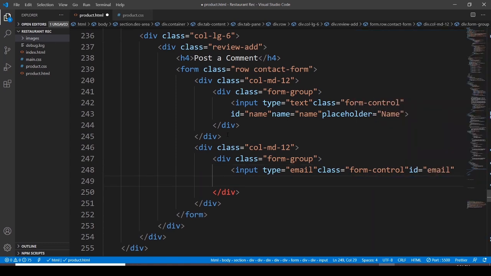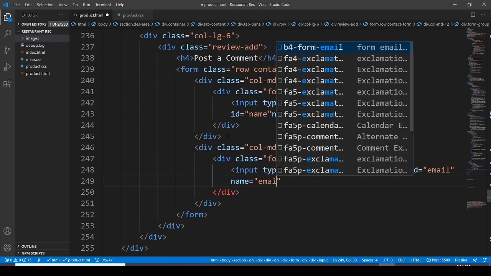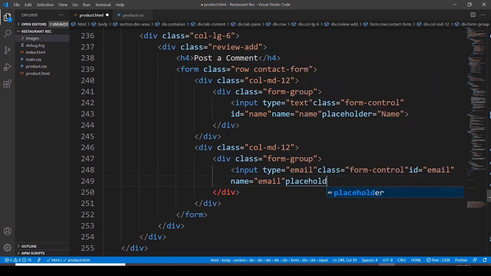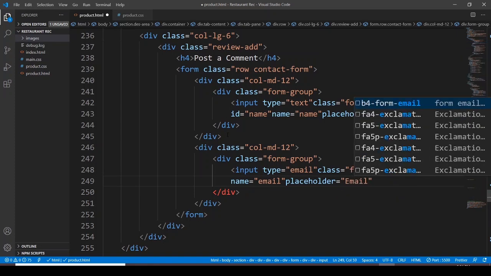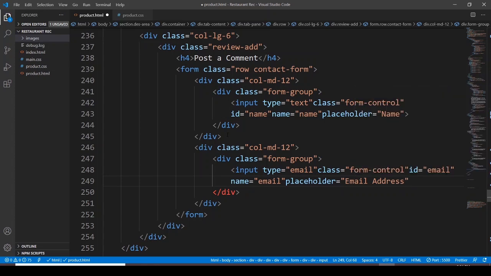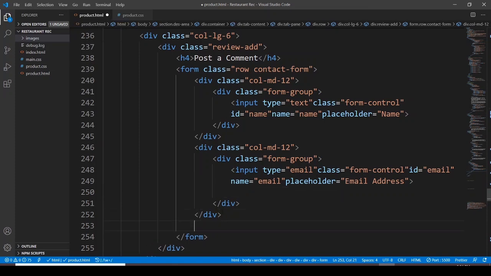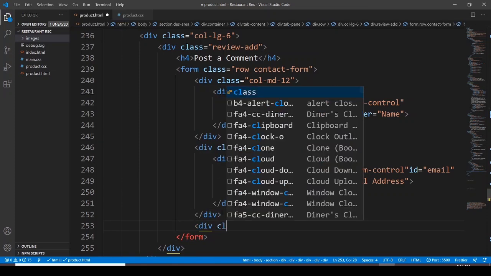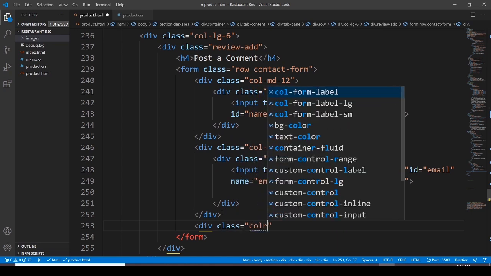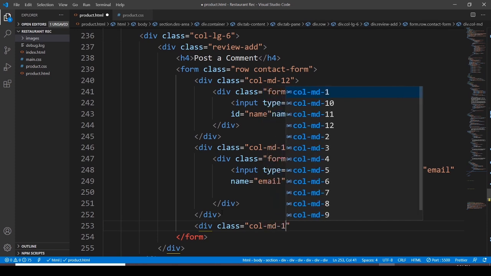And now what I'm going to do, I just want to have a name here again, and let's have an email, a placeholder, and this placeholder is going to be email address. Then after again here another division, assigning it a class. This class is again going to be column medium 12,